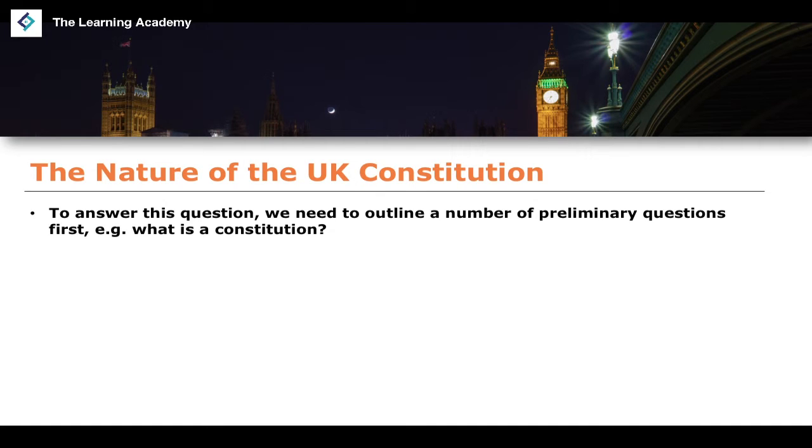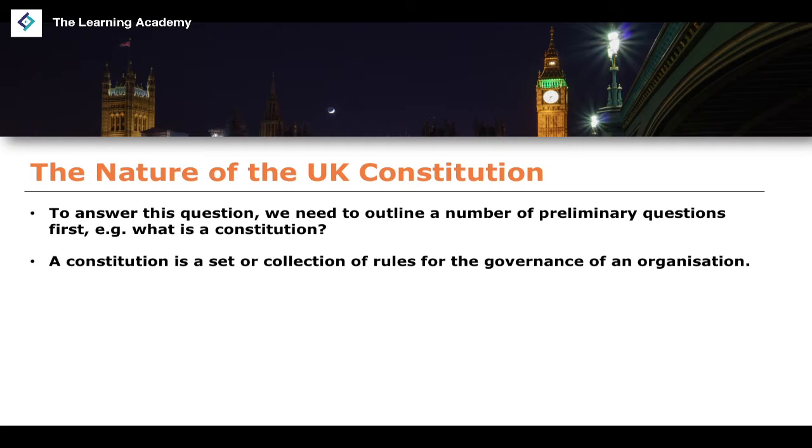To first answer this question, we have to first ask what a constitution actually is, and then we can start to look at how the UK Constitution exists and how it differs from other constitutions around the world. So the first question is, what is a constitution? In its most basic definition, a constitution is a set or collection of rules and principles for the governance